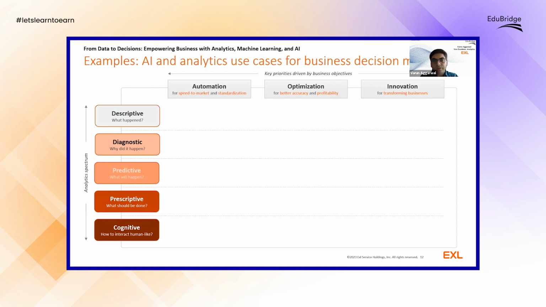Now let's spend a few minutes on understanding the different use cases in these sections. So far we have looked at the two dimensions here, right? Analytics and business. Now let's also look at the third layer, which is AI, machine learning, right? So now let's talk about these examples. Let's say there are a bunch of models that a particular business or institution has created. They also need to monitor those models, as in they need to understand whether the models are performing well over time. Should they continue with these models? Should they discontinue, or replace them with some new models?